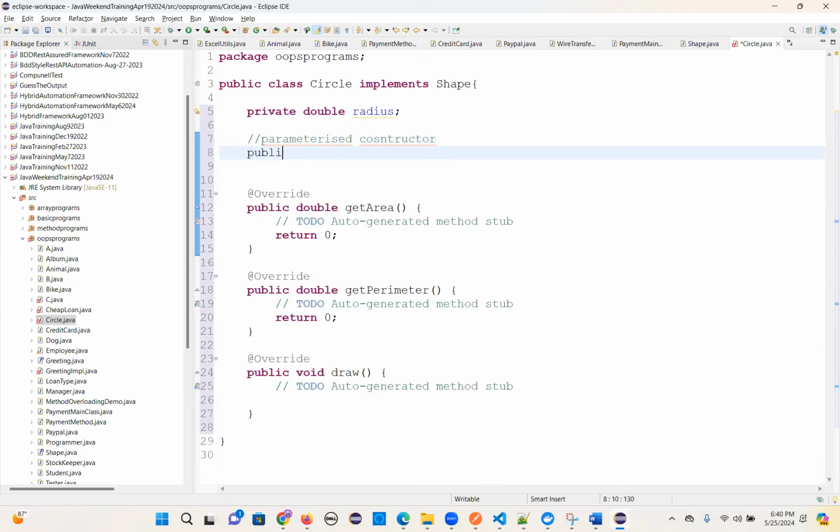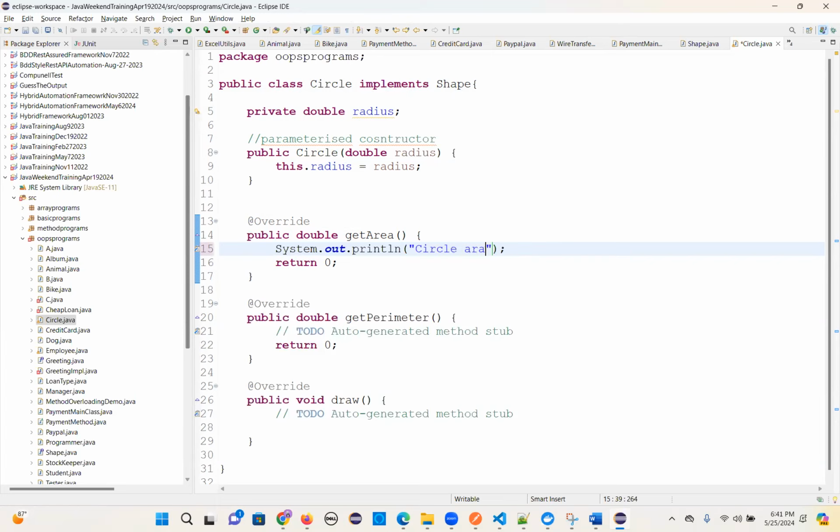So public. The constructor name and class name are the same. So double radius, and you already know this logic, how to do that. This dot radius equal to radius. And you can now call this. You know area, how to get the area. So I can just put circle area,